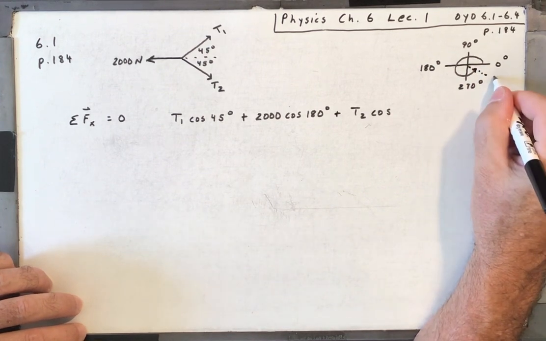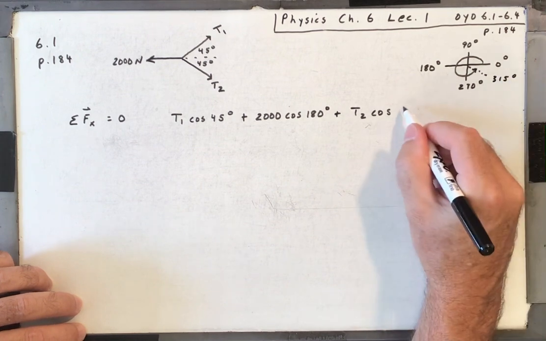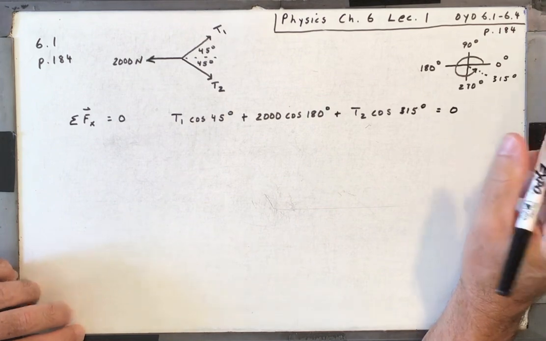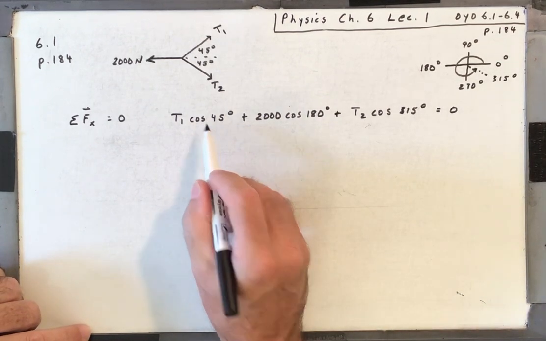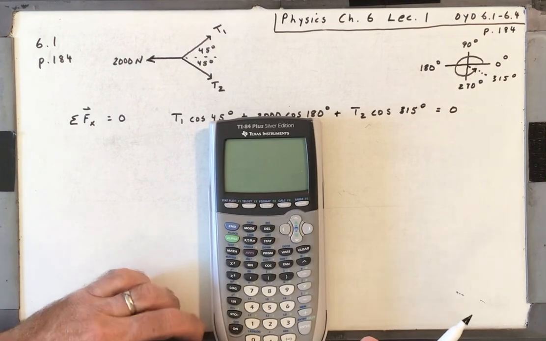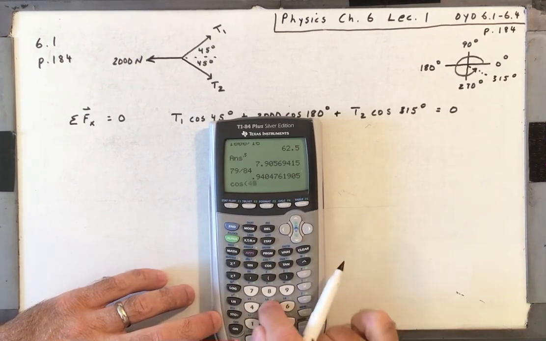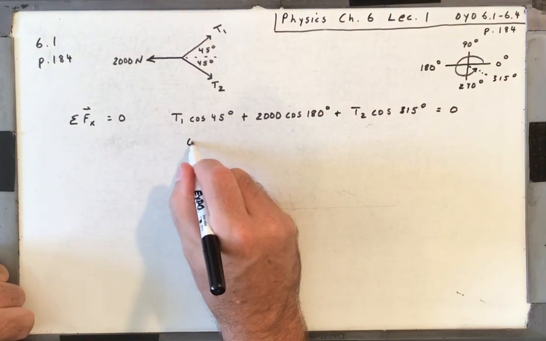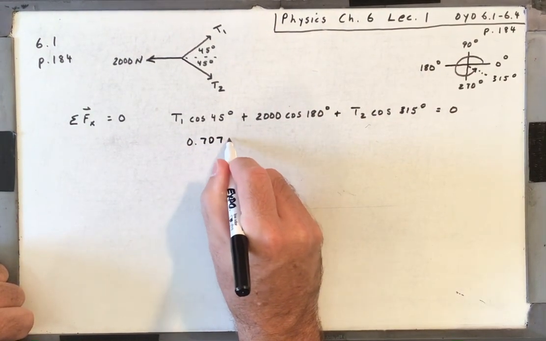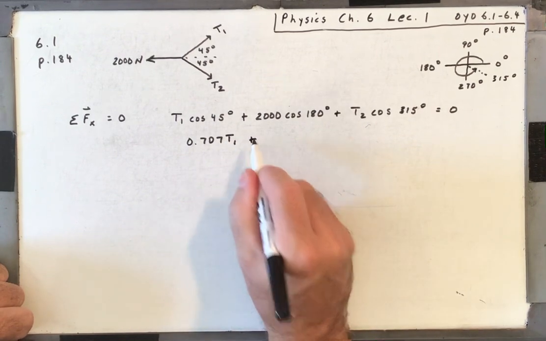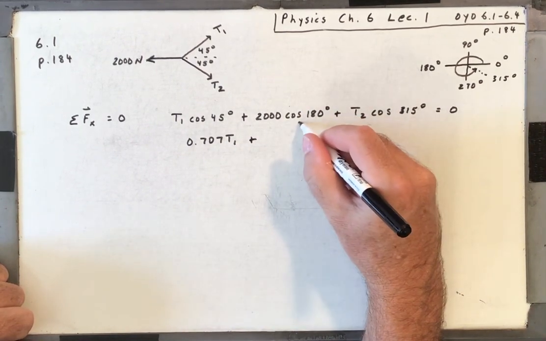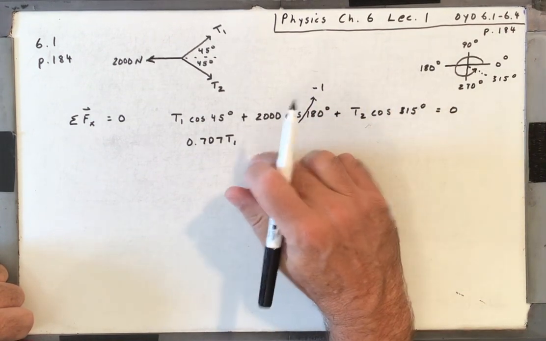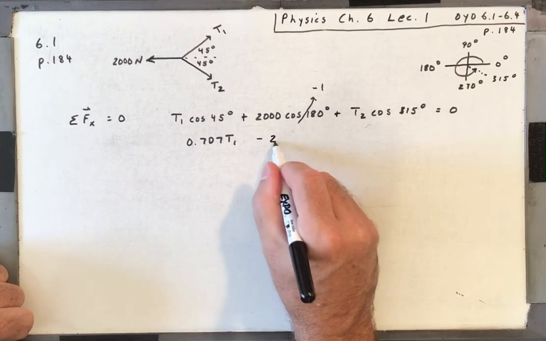So that's 315 degrees. And because it's in equilibrium, it's equal to 0. So you're just going to put cosine 45 in your calculator, make sure you're in degrees, it's 0.707. So we'd have 0.707 times T1 plus, now the cosine of 180 degrees, you can put that in your calculator, but it's -1. So that's 2,000 times -1. So minus 2,000